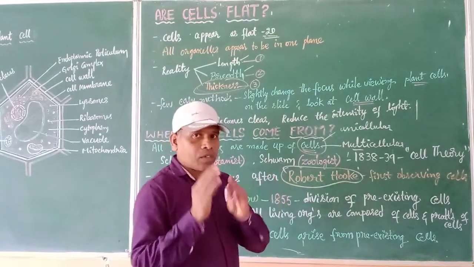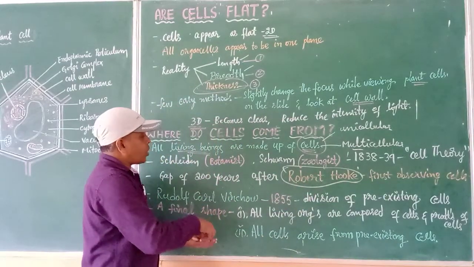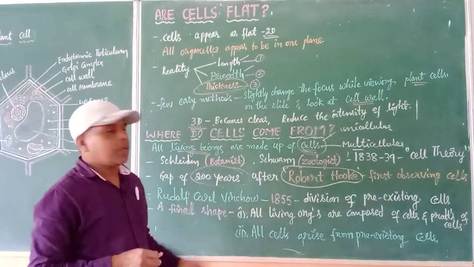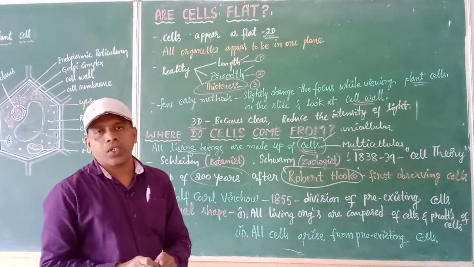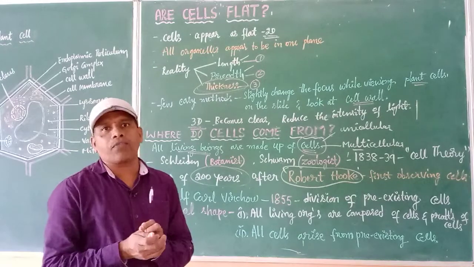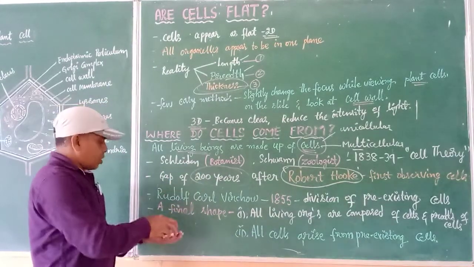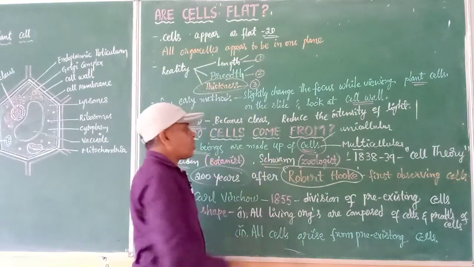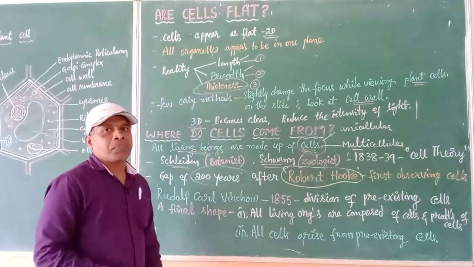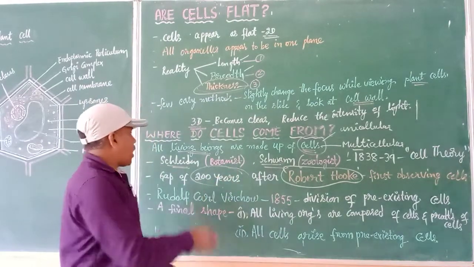After the observation of the cells by Robert Hooke, there was a gap of nearly 2 centuries, 200 years. Then later came some facts about the organisms. Living organisms, what are they made up of? Here, one scientist is named Schleiden, another scientist is named Schwann. These two people worked together. Earlier, individual research was done by Schleiden.